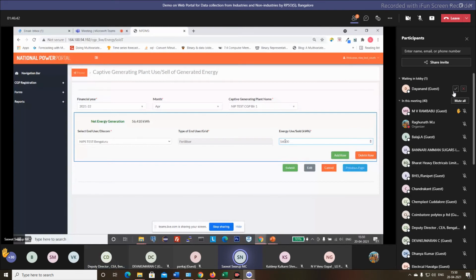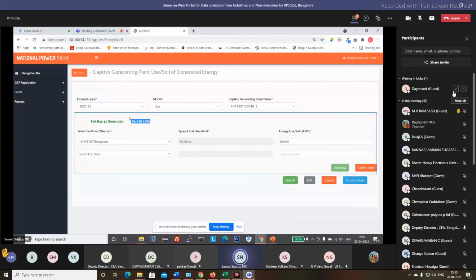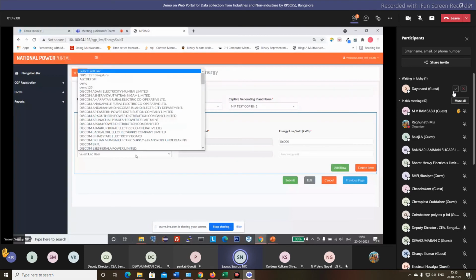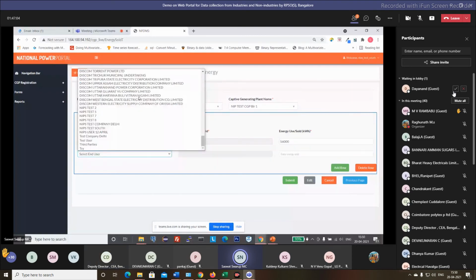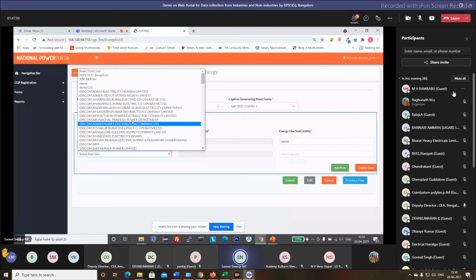Here is the net energy generation, which is the total generation minus the auxiliary consumption. So make sure this value is the same as the addition of all the rows you are adding, the same as whatever was sold. If you are selling your energy to some discom anywhere in India, all the discoms are listed here. You have to select the discom name and put whatever energy you are selling.